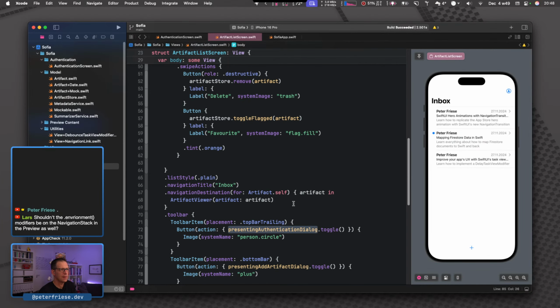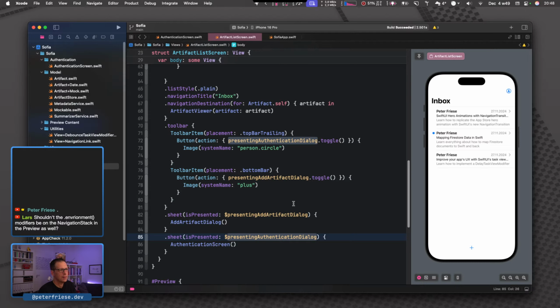And to be honest, this also feels very leaky. So why should the list view know about the authentication state just because there is a button that has a different state, right? So ultimately, only the button should know that. So we're slowly going to work there.